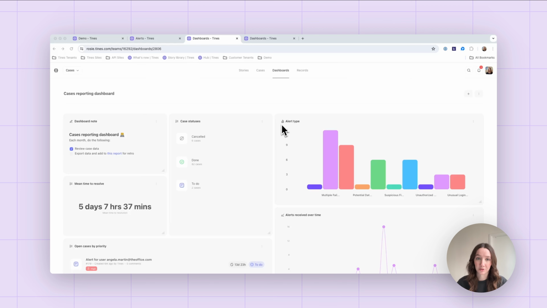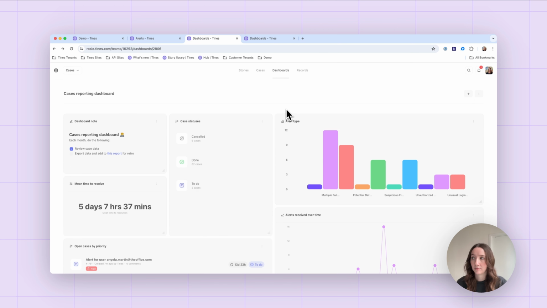You can build as many dashboards as you'd like, and they're all made up of three main elements: record charts, case views, and notes. You can see examples of all three here. Here's an example record chart, a few different examples of case views, and of course an example note. You can add these elements to a dashboard, rearrange and resize them to show the metrics and data that you